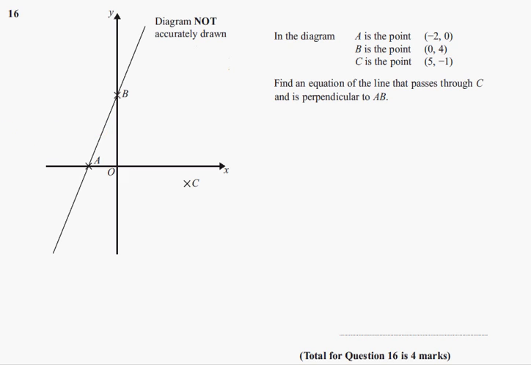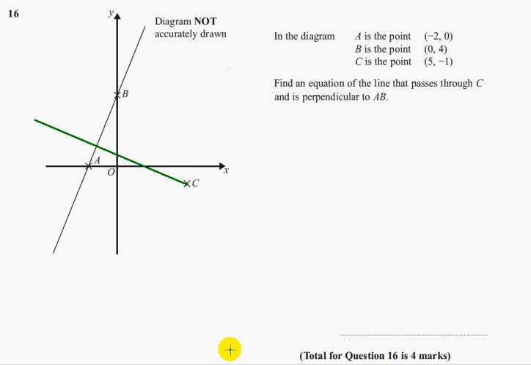So, a perpendicular line going through C at 90 degrees looks something like this. Okay, now it's not drawn accurately, so we can't figure anything out in that way, unfortunately, but let's get